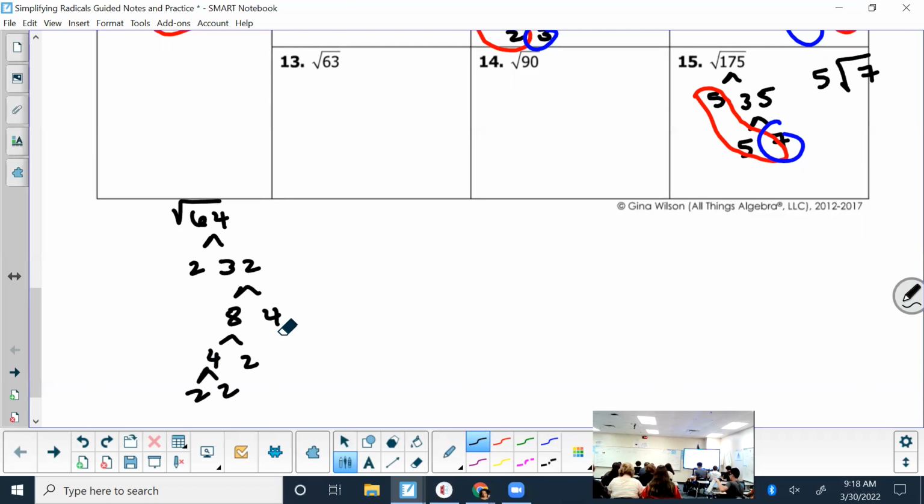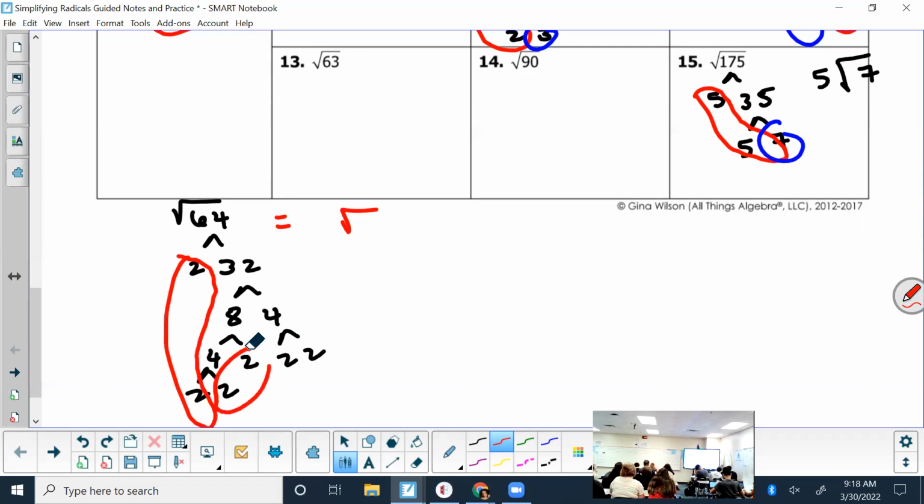So stop hanging up, literally just look at the screen right now. Since it's a square root, I'm looking for pairs, right? So I have a pair of 2s over here, a pair of 2s over here, and another pair of 2s. Do I have any leftovers? If you have no leftovers, that tells you that it's a perfect square. What's 2 times 2 times 2? 8. All right, so that's how you know it's a perfect square,